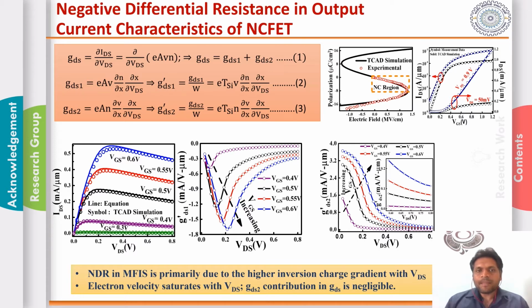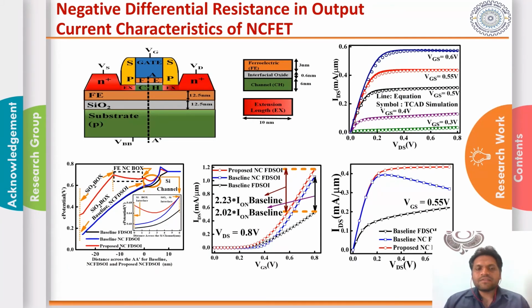In this one, the explanation is provided for metal ferro metal insulator semiconductor, and that explanation is not valid for metal ferro insulator semiconductor based devices. For the first time, we have explained this NDR effect for metal ferro insulator semiconductor based devices. Along with that, negative differential resistance is not suitable for analog applications, so we came up with the idea of